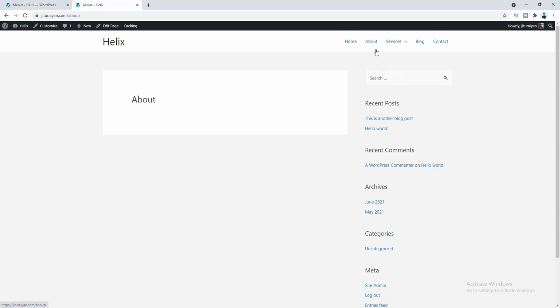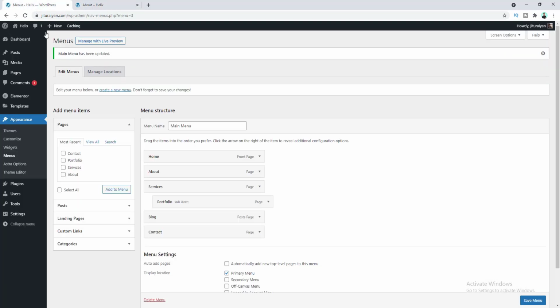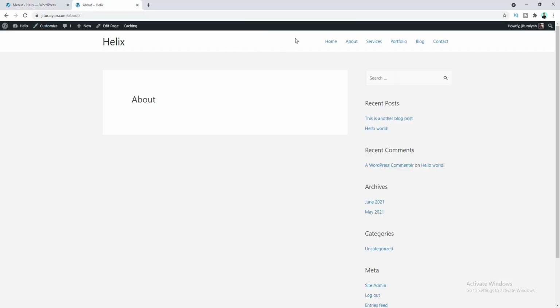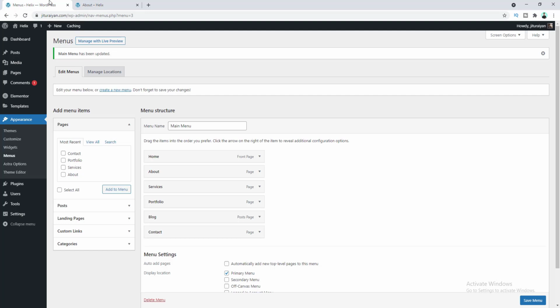Alright, but here I don't want to make this a sub item, so let's undo this. Let's make it a regular menu item. Okay, after that I want to add a logo instead of the site title over here. So go to our dashboard and go to this customize option,